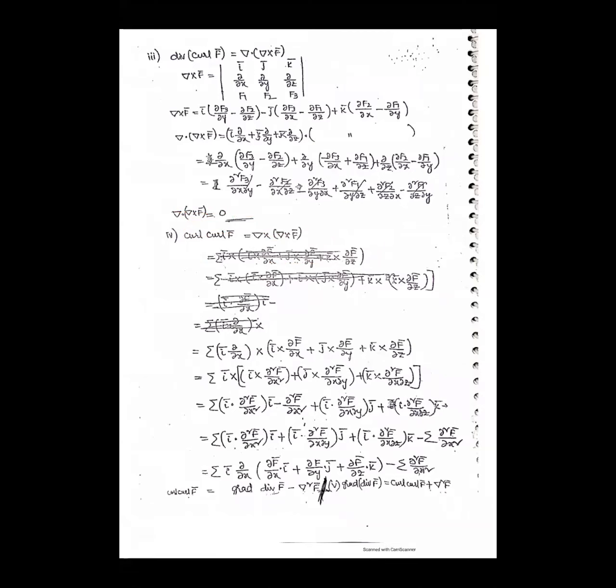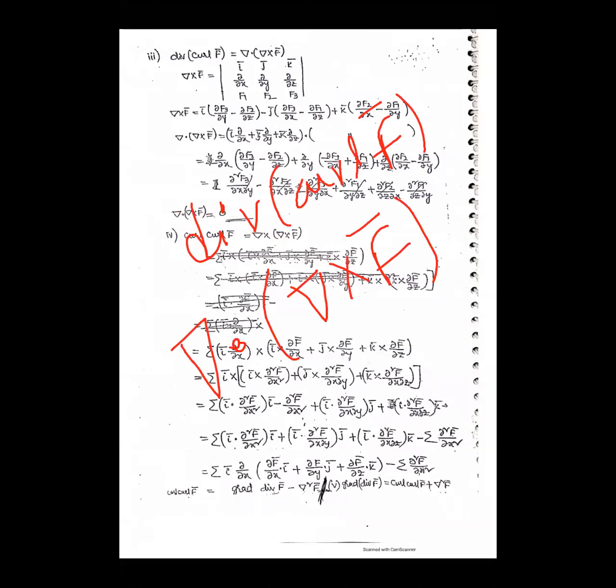With our condition, div of curl f. So first we write the symbolic condition. Div means del dot, curl means del cross. So del dot del cross f. The operator del, or the operators dot and cross, must apply to a vector. The operator del only applies to a scalar function, but the operators dot and cross apply to vector functions. So here f is a vector, and grad f is a scalar. Observe that.